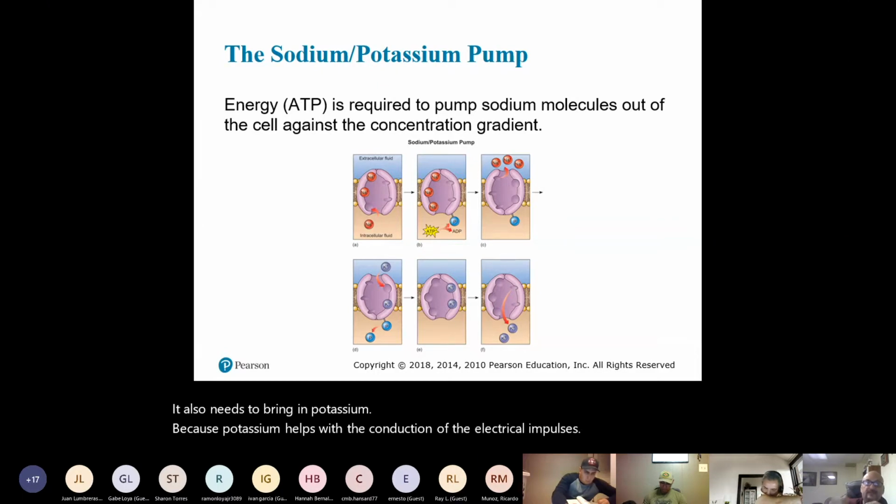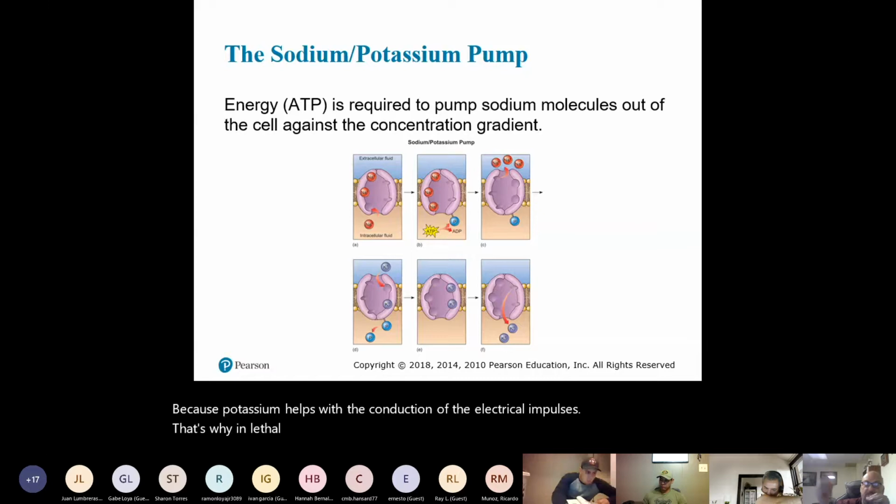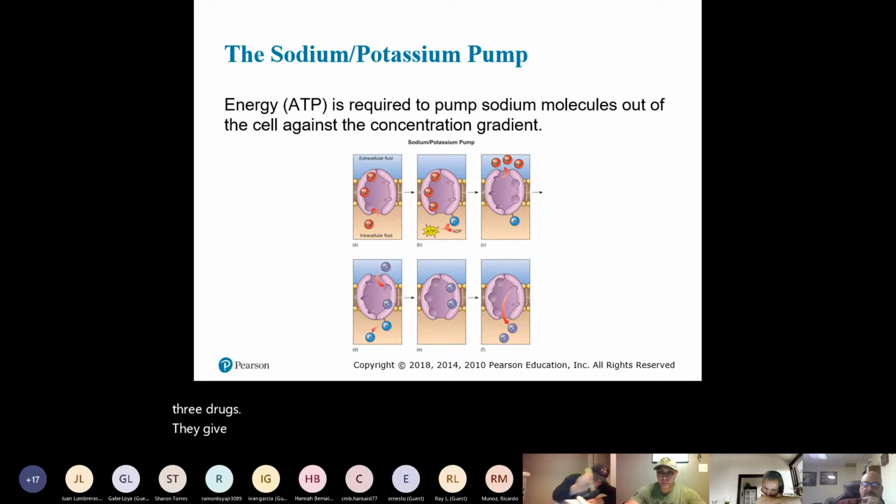That's why in lethal injections, or at least they used to, and some places do, where they use the 3 drugs, they give them like Ativan or Versed to kind of put them to sleep, to relax them, knock them out. Then they give them a paralytic, which paralyzes the breathing muscles. And finally,